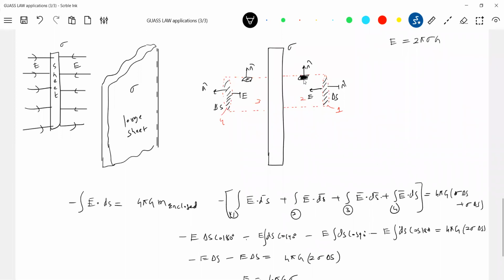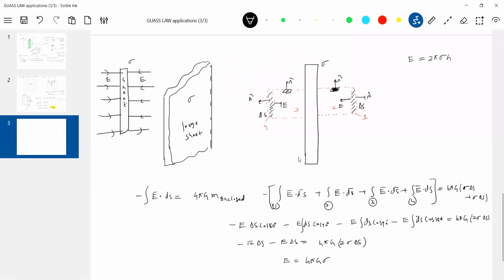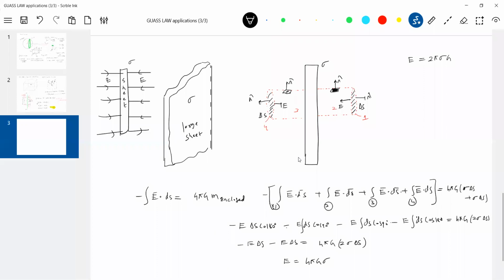Anybody? Where is the mistake? Where are we going wrong? I'm just asking, I want to draw some attention. Intentionally, I made some mistake. Let's see how you answer this one. Where have we gone wrong? See, there is only one mass. What is the mass present in the cylinder? Is it this mass only? If you stand from here, what is the mass enclosed? You say sigma delta S. And if you stand from here also, sigma delta S. The same mass we have written twice. This was wrong. Are you getting any idea?